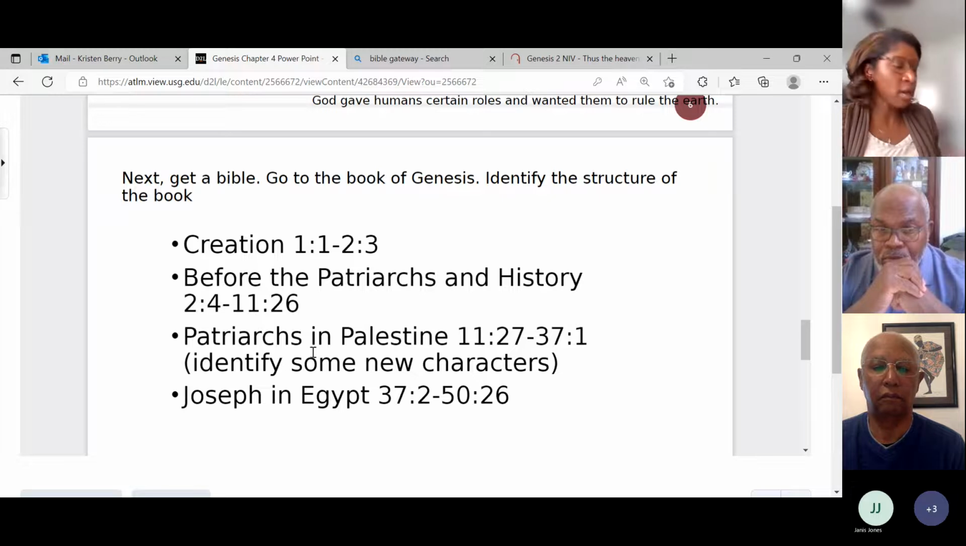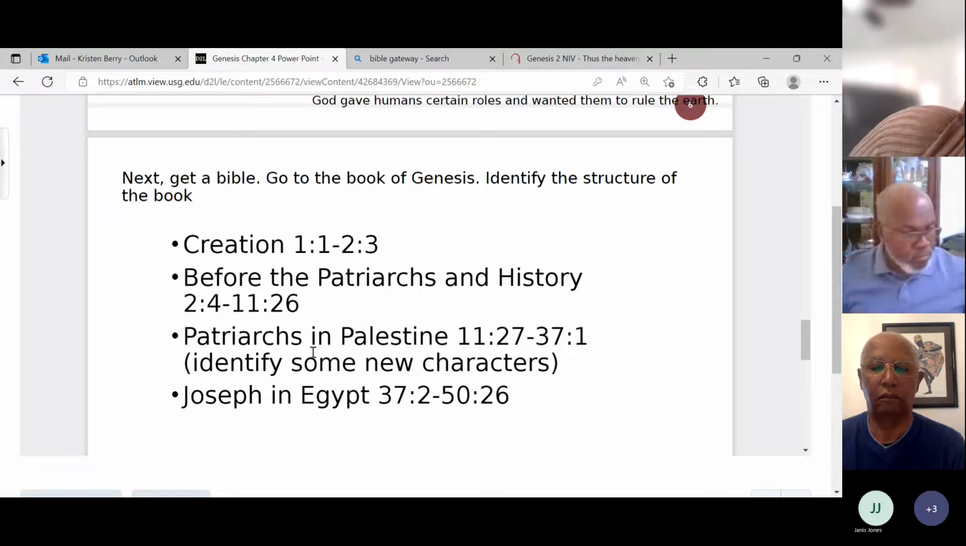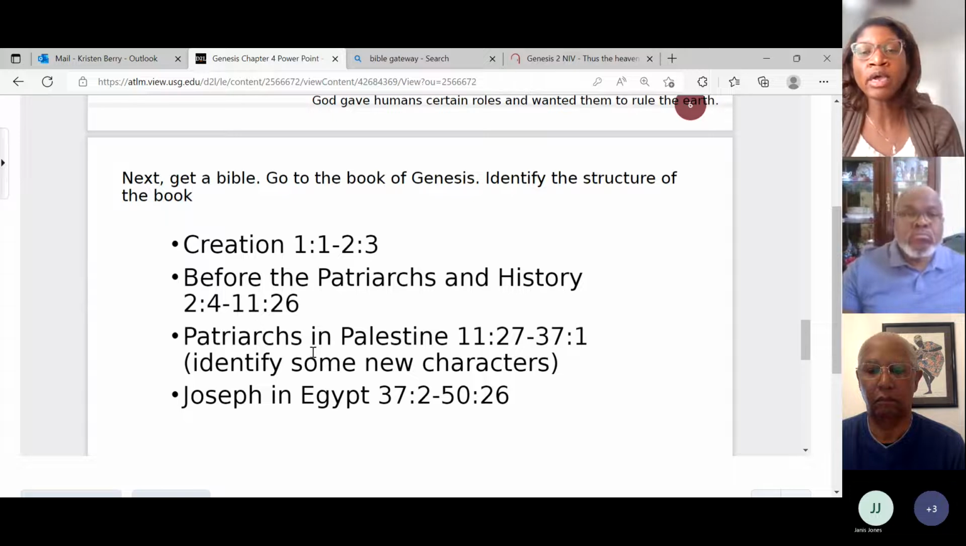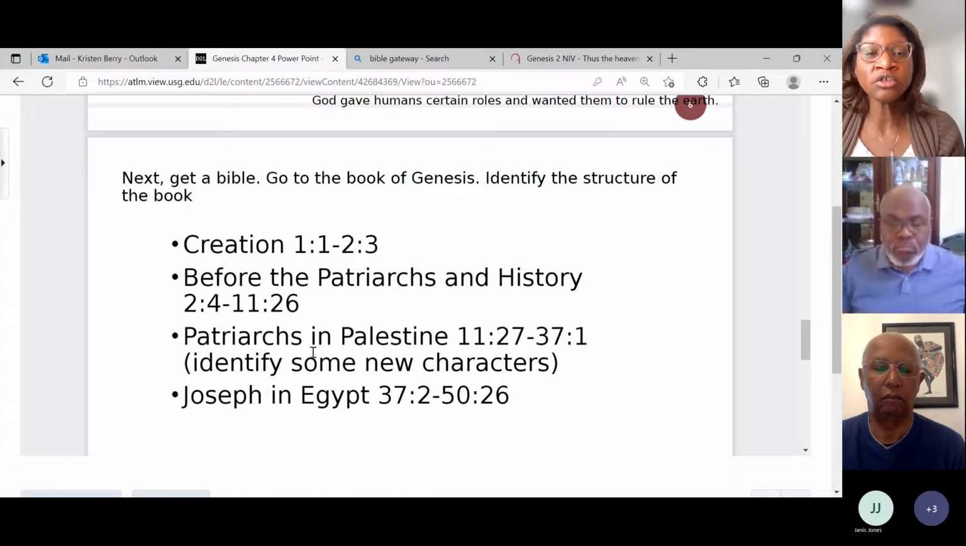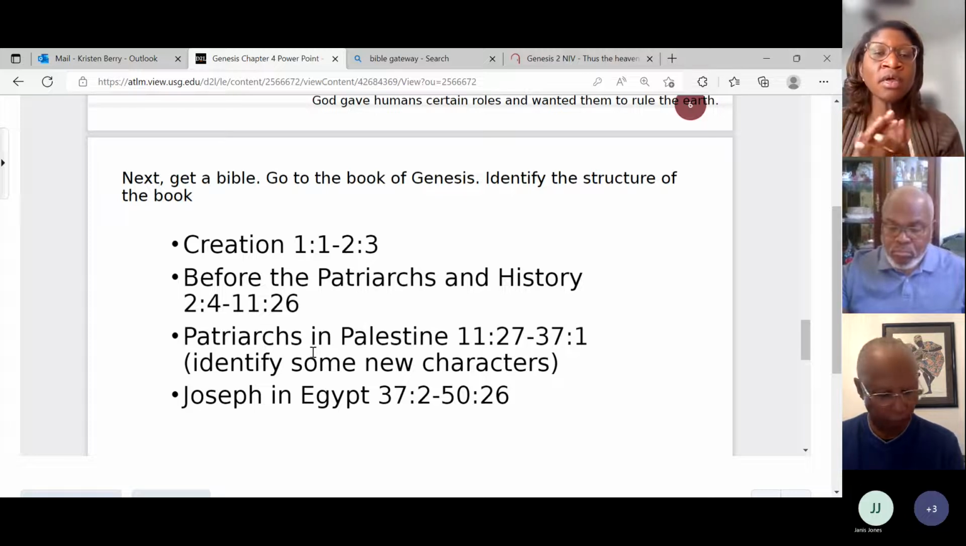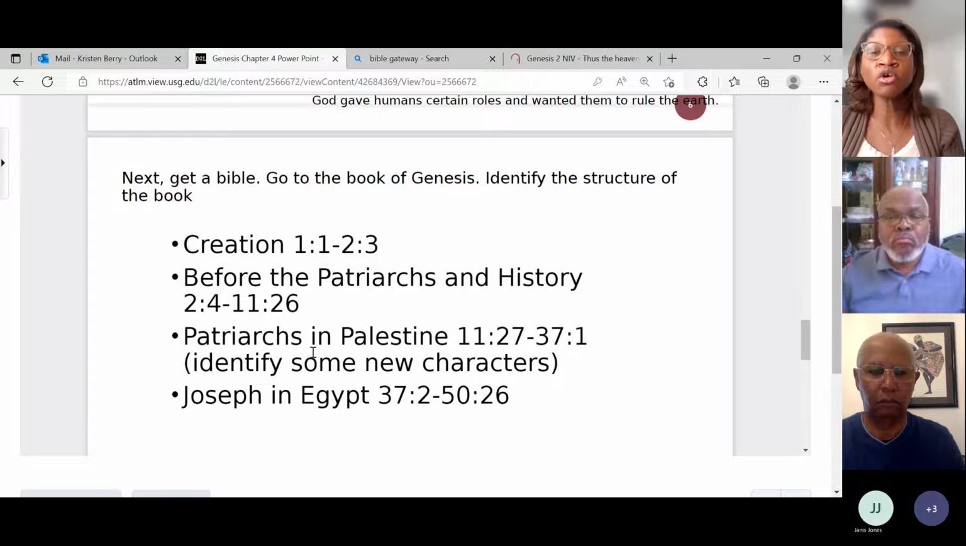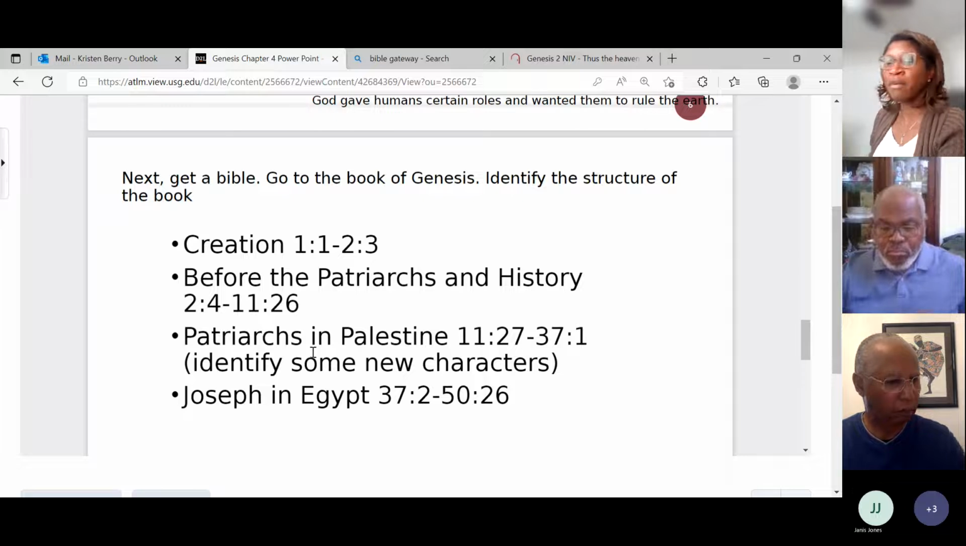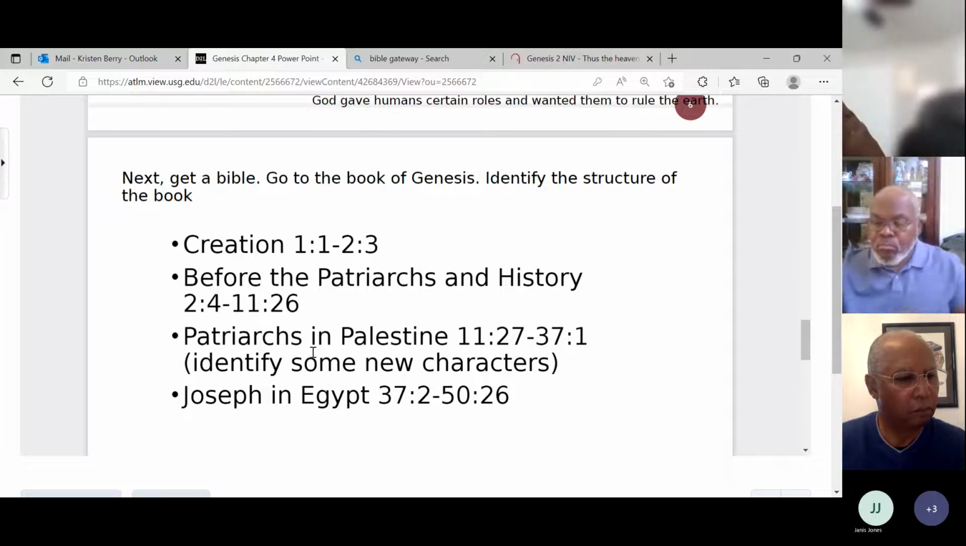I'm going to pick up my Bible real quick. Let me go get my Bible off of the bookshelf. And we are, students, going to identify some characters of the patriarchs in Palestine. So we're going to skip down to chapter 11. I'm going to get my Bible. So if you have your Bible,